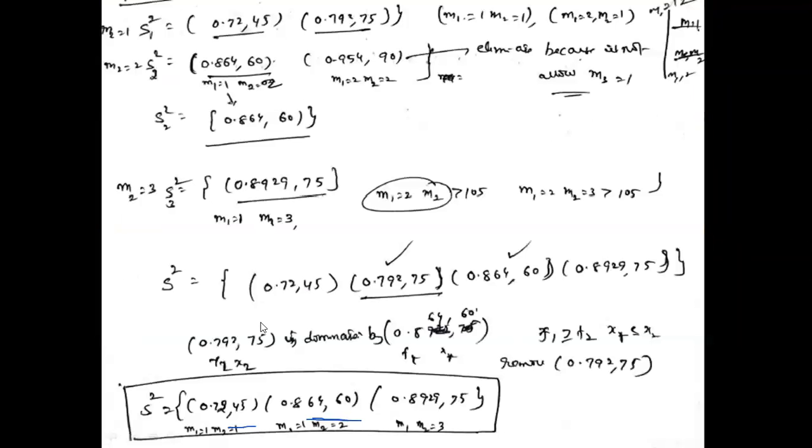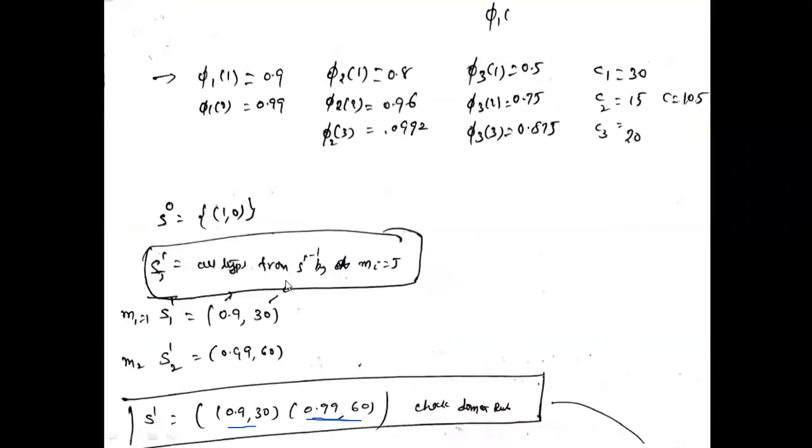Suppose 112 and the next one is 122. Is 112 and 122 only from S square? It is only from S square, meaning those which are eligible and valid for S square, where M1 equal to 1. We are calculating tuples only with M1 equal to 1, M2 equal to 1.